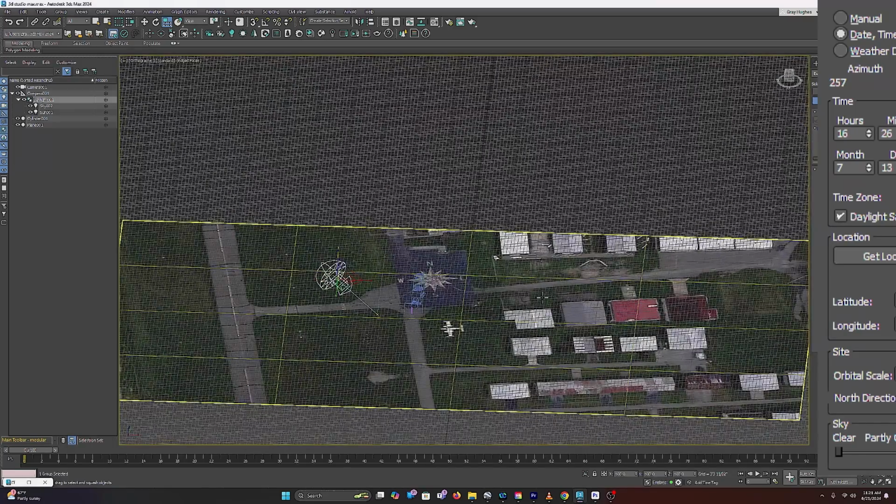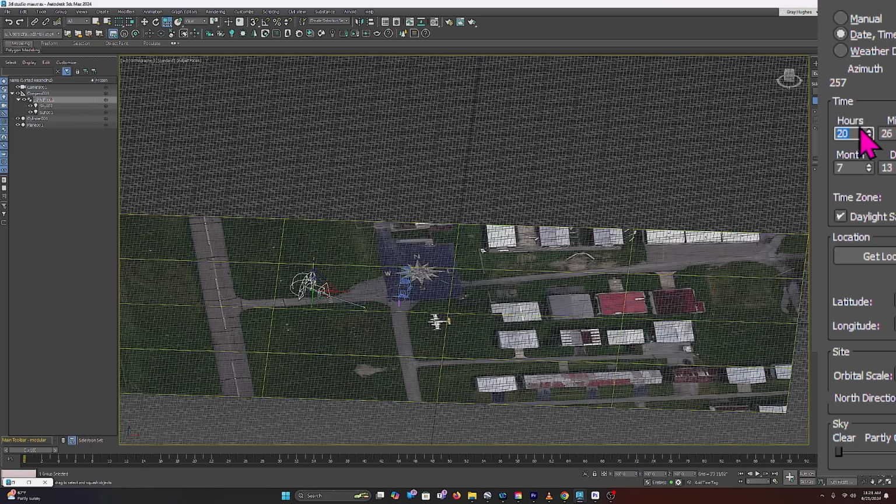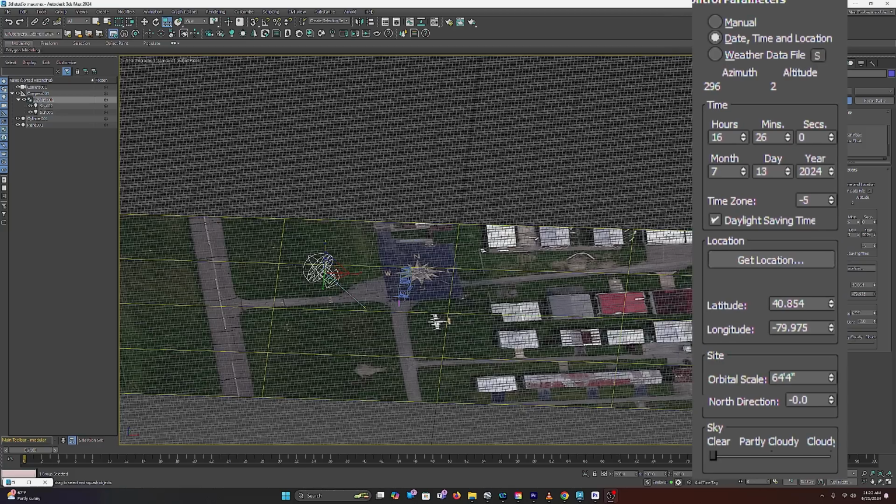Depending on the time of day you put in, that little gizmo right there will shift around. I mean, I guess if I just make it like 20, watch. Okay, so that would make it 8 o'clock in the evening. All right, so we'll go back to 16, and let me move this back into view so you can see it, but there's 16, and let me show you the 20 again. You go to 20, and it rotates it around. It actually just imitates the sun movement on the screen, and accurately will show us where the sun angle is and shadows.